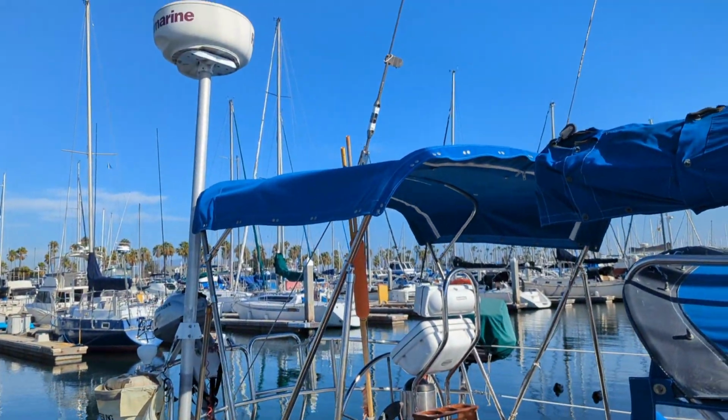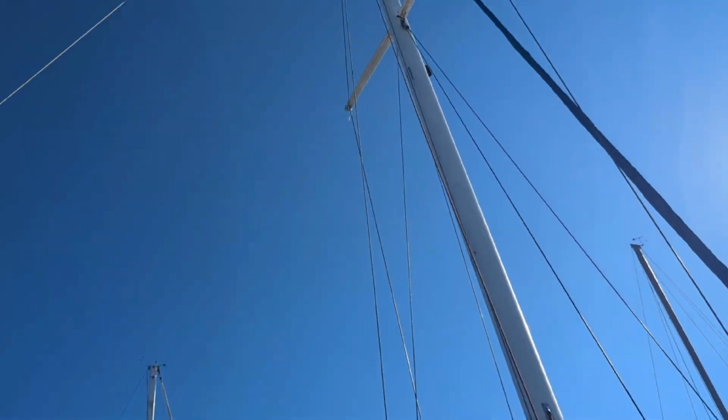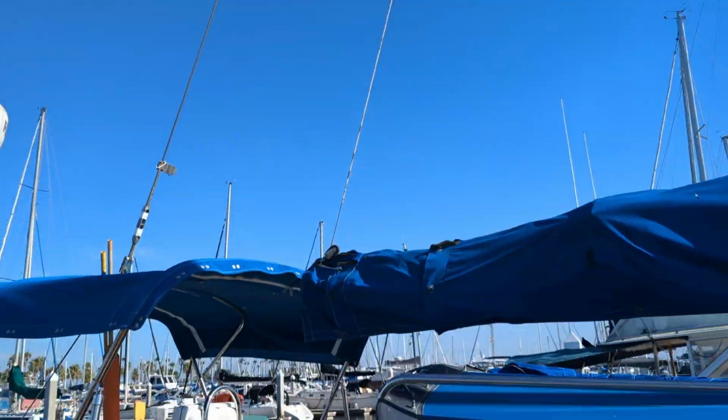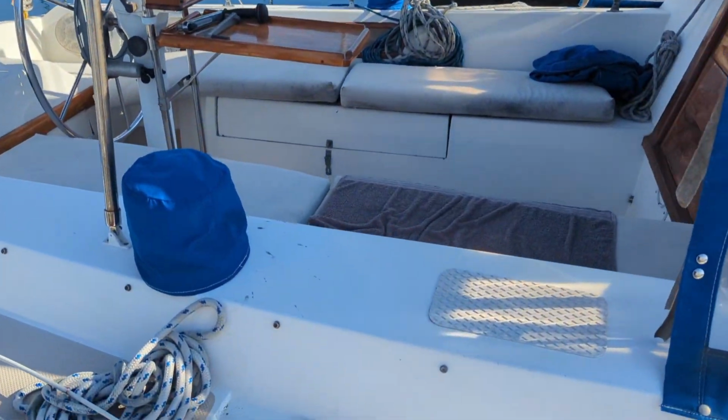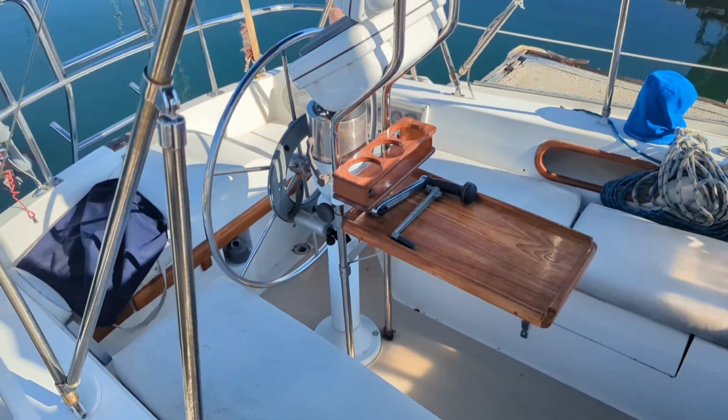The Dodger and Bimini are in nice condition. Completely functional, not brand new, but in good condition, as is the sail cover. As we get into the cockpit,